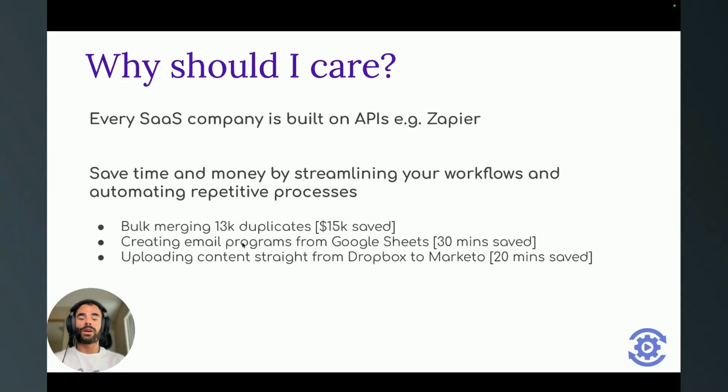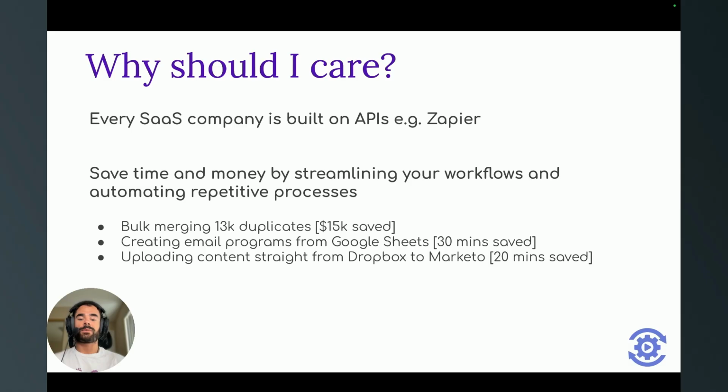The second one was we gave our product marketing team a Google Sheet template that they'd fill out, and then they would press a button. And when they pressed that button, that would use the Marketo API to clone an email newsletter program template. And then it would populate the email within that program using the content from the Google Sheet, all via API.